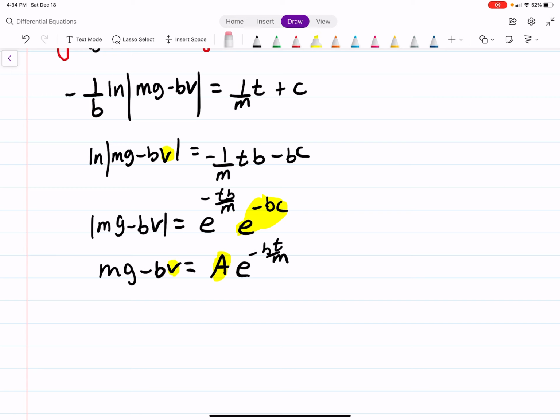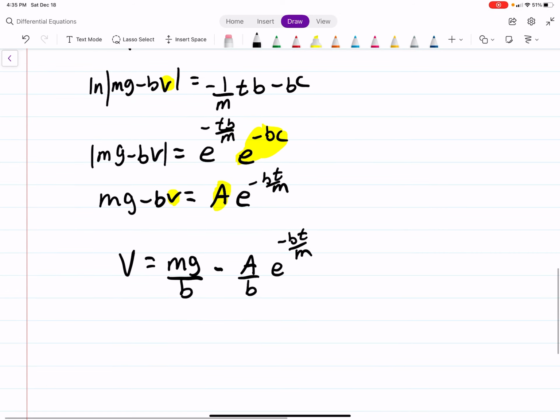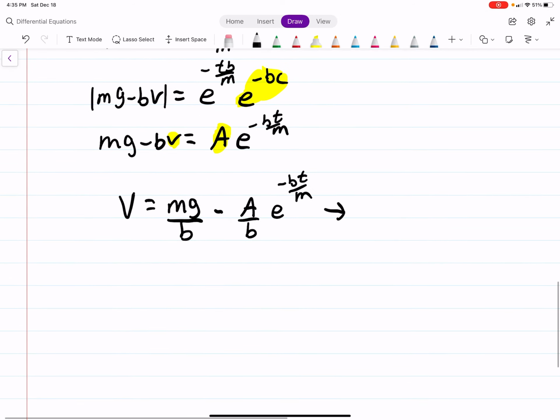So I'm just going to do it all in one sweep step. Hopefully you're okay with the algebra. mg over b minus a over b e to the minus bt over m. Okay, so this is called our general solution. It's a solution because we solve for our v, but it's general because we don't know what this constant of